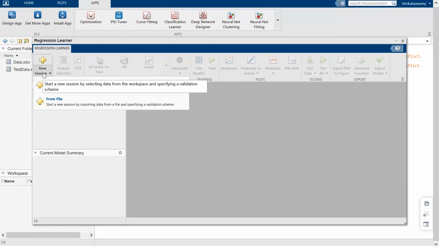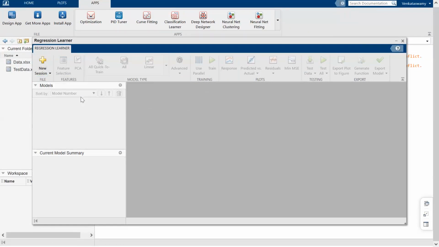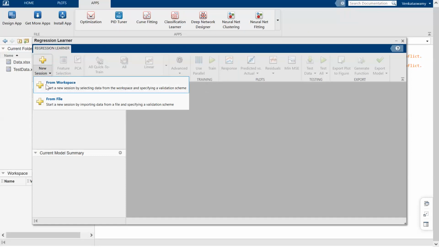There is an error. I'm not able to select this second one from file.